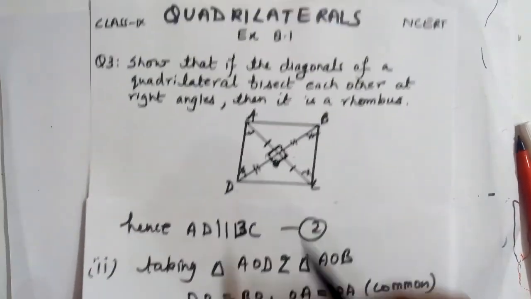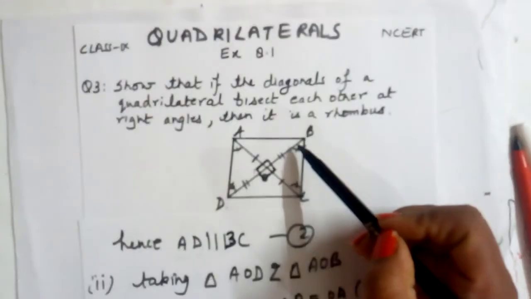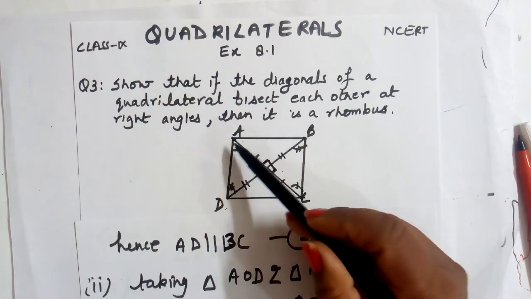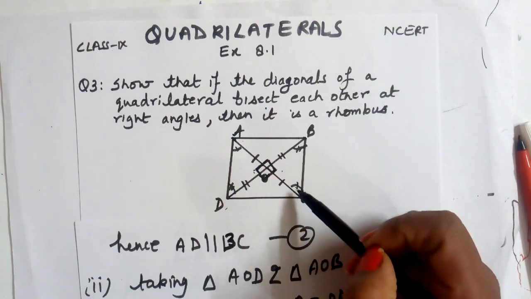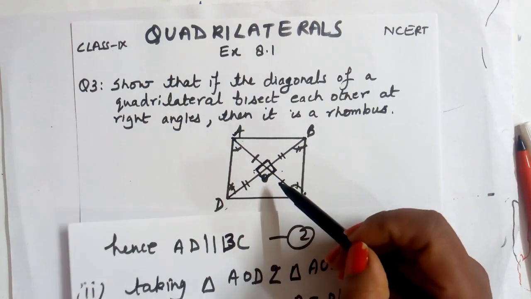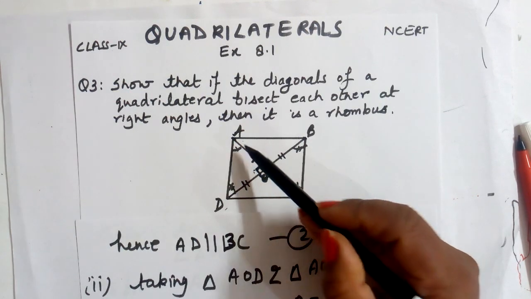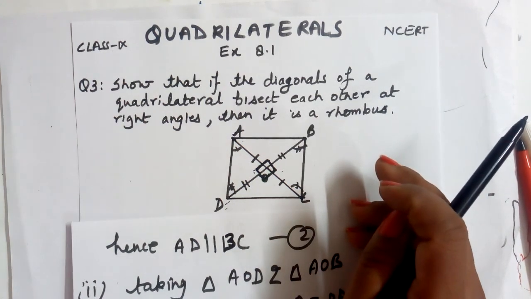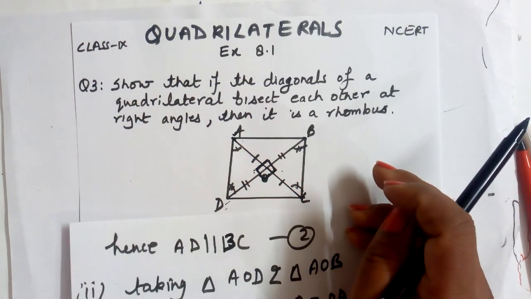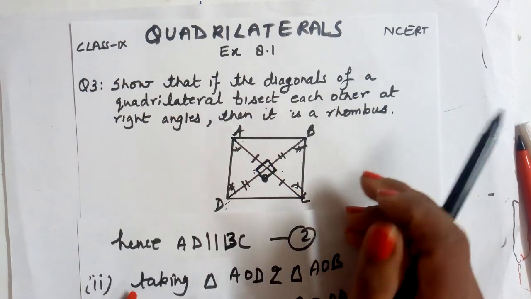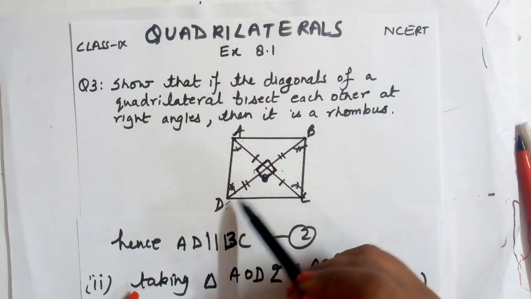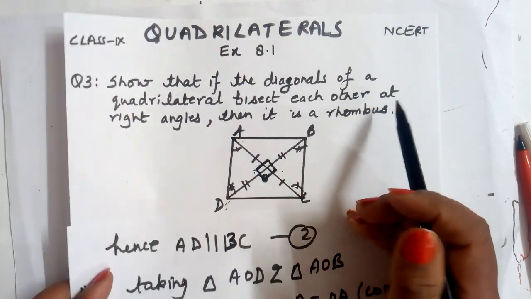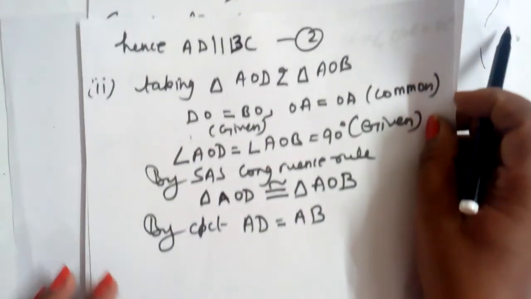Okay, now by CPCT this AD is equal to AB, yes, and because we have already proved that triangle AOD and triangle BOC are congruent, similarly we can write this triangle AOB is also congruent to DOC. We need not prove it again and again by the same process. Each and every concept is quite clear. So hence AB will also equal CD and AB will also be parallel to CD, and now we have proved that ABCD all the sides are equal and opposite sides are parallel.